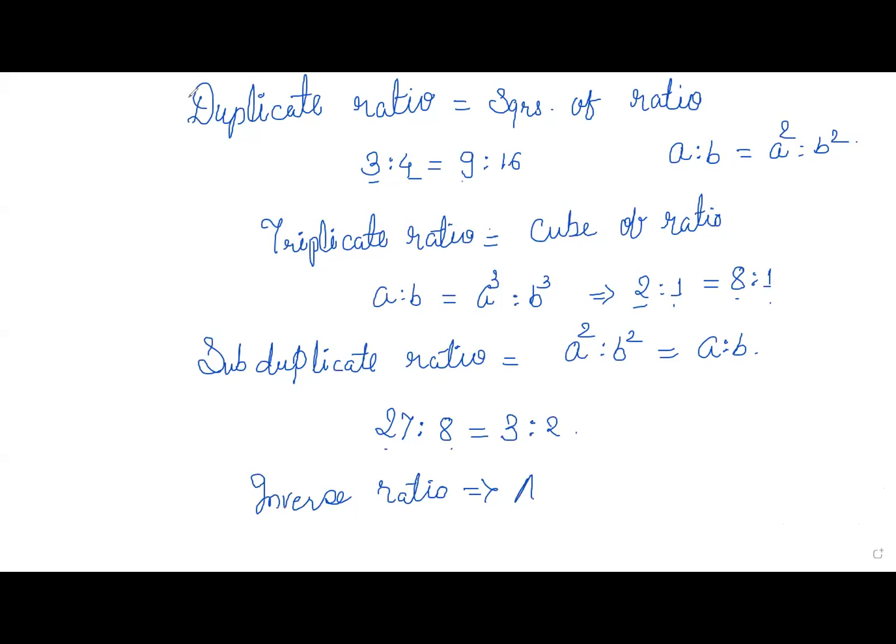Now in the same way, we are going to see the concepts of proportion. As we know that a is to b is to c is to d, these are the terms which are in proportion. Okay, then once again I am writing here a, b, c, d, the things which are in proportion.